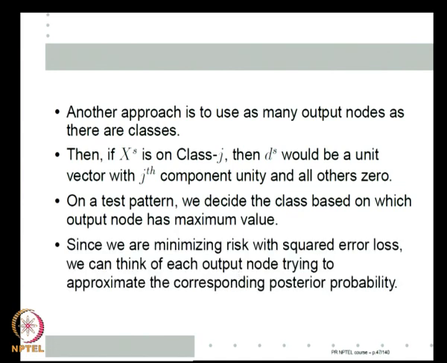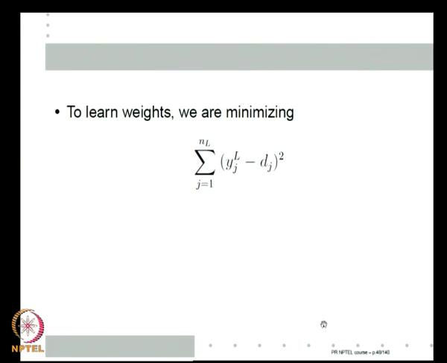As we shall see in the next couple of slides, since we are minimizing square error loss, as we have seen earlier when we did linear regression, we can think of each output node in the structure as approximating the corresponding posterior probability. As you saw in linear least squares also, we are essentially trying to approximate a posterior probability. So, here when we use this kind of representation, the network is allowing us to get a good approximation of posterior probability. See why?